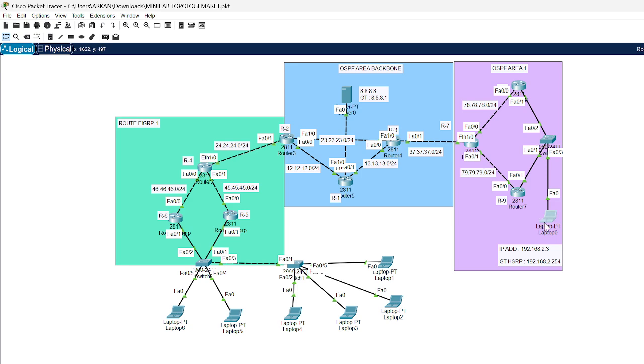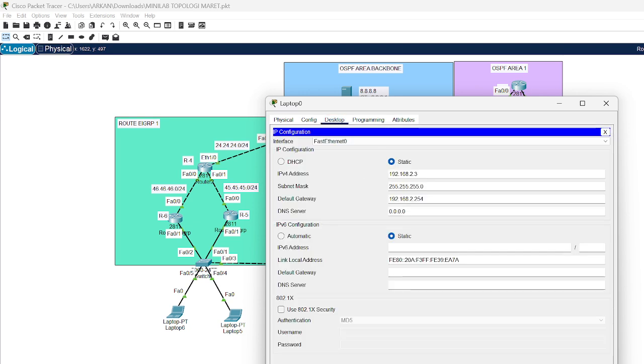The IP of this is 192.168.2.3, and then the default gateway is 192.168.2.254 because I use the HSRP protocol.